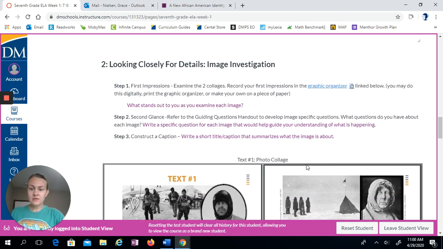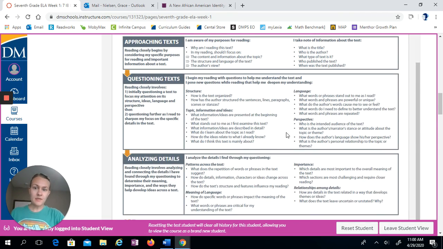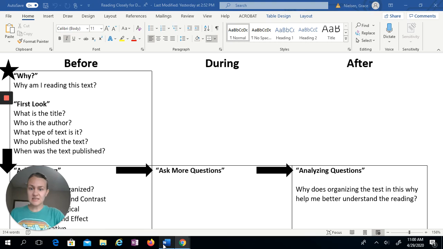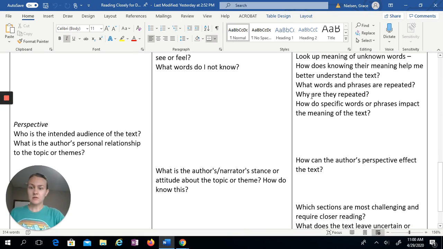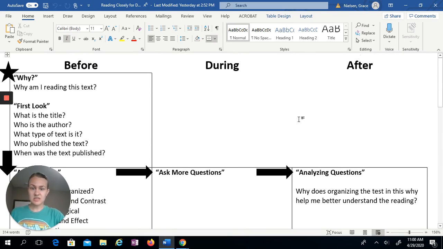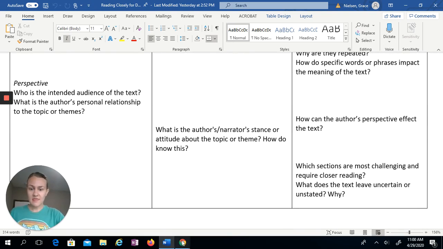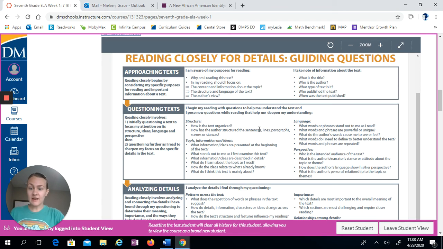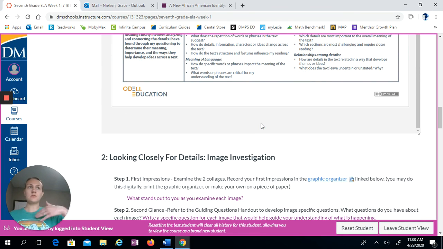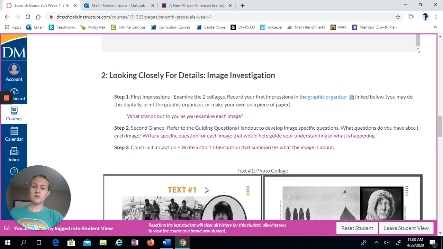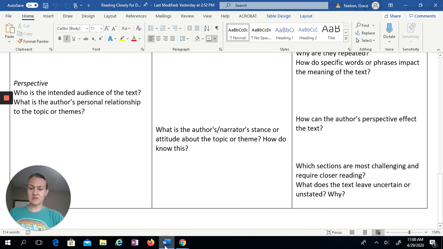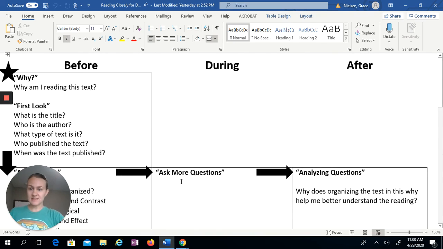So I'm going to stop there, okay? I would just take some time, right? Look over this sheet, and then in my next video, so if you want to, you can do this. You can keep working through it. You can just watch my second video, or you can start it again. Tomorrow, we're going to actually use this skill that I just went over, right? Asking these questions before, during, and after reading